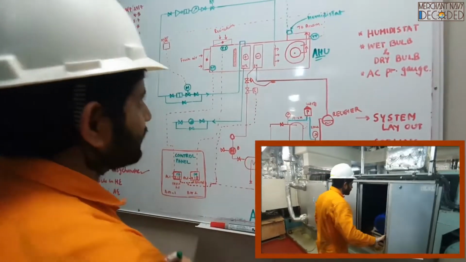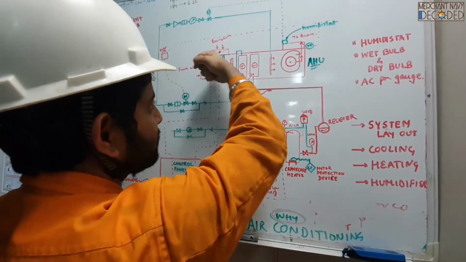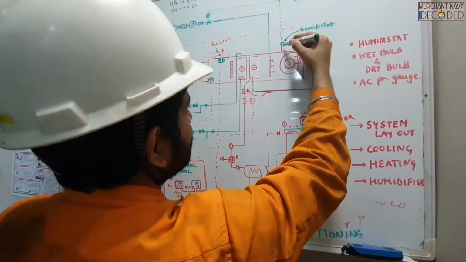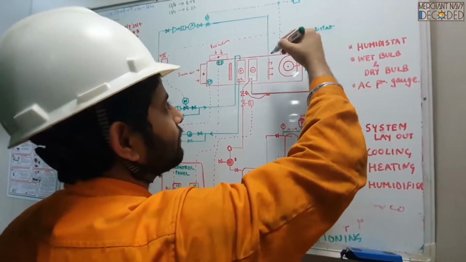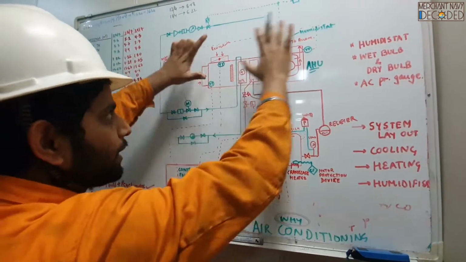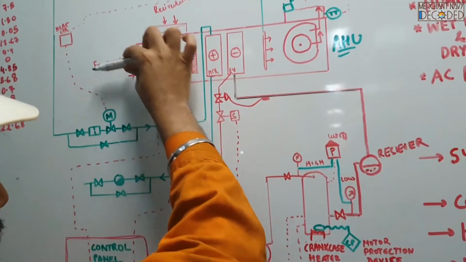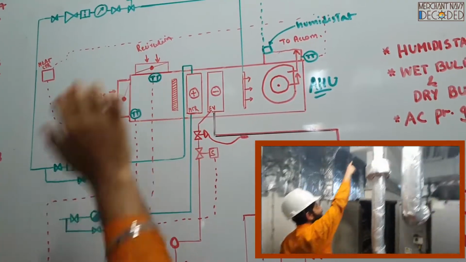This is. So what is inside, here this fan is fitted. So when this fan is running, this is taking suction from here and discharging over here, and this is going to the accommodation. This is going to all the cabins, chief engineer cabin, third engineer cabin, fourth engineer cabin, galley, mess room, everywhere from here. Copied? Now don't look at anything else. So this fan, when it is running, it is taking suction from over here, or it can take suction from over here. Now one is fresh air, other is recirculation.